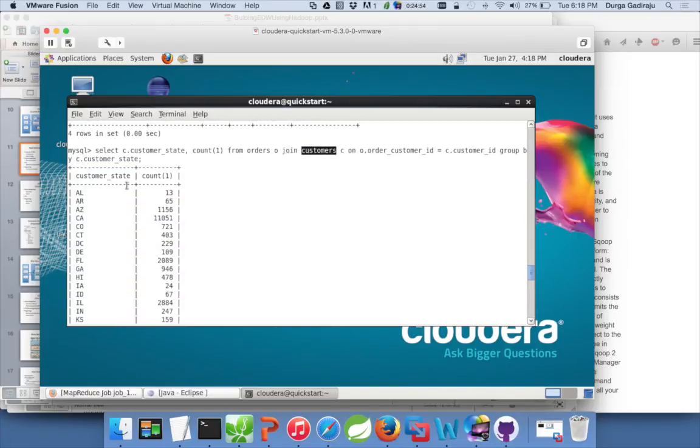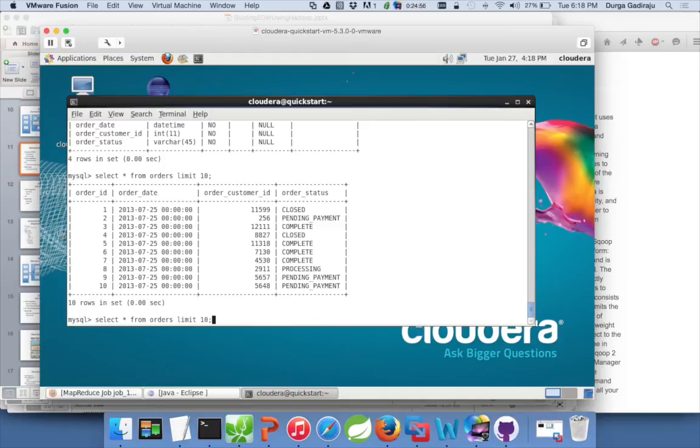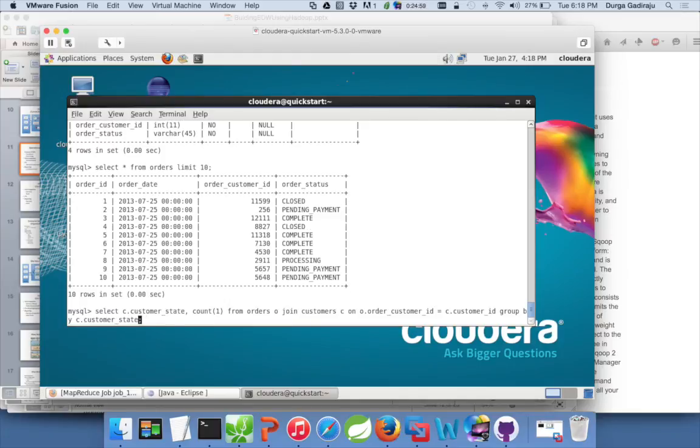So instead of doing it at state level, now if you run the query like this: c.customer_city, customer state, count of 1, and you can say group by c.customer_city,